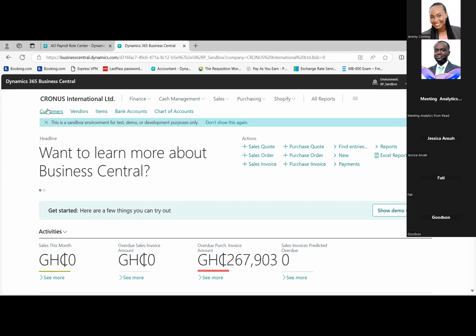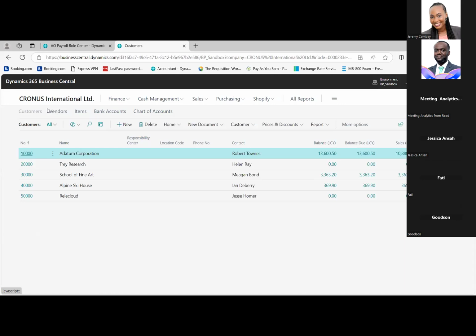So let's look at the customer list. We saw the customer list in Nav. Now let's look at the customer list in Business Central as well. It shows you the list of customers, sales, payments. You get to see all of that. In terms of looking at the customer card,